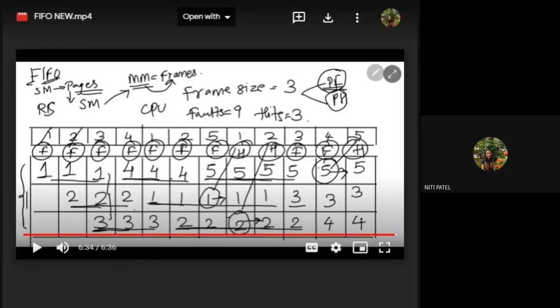Is the algorithm clear? Yes, ma'am. Any doubt? So you check, count the occurrences. The page whose occurrence is higher, blindly select that and replace it with the new page. Only if the page is already there, do not reload it again. Consider it as a page hit. Is this clear?